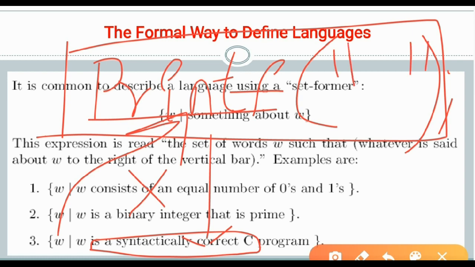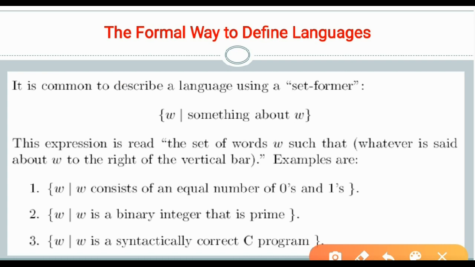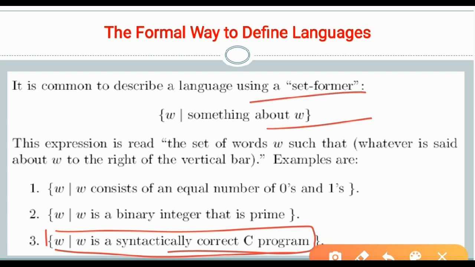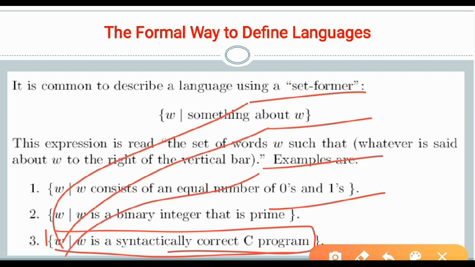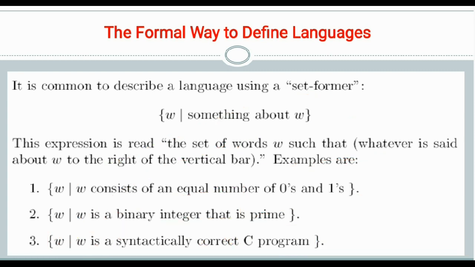Even though you may print or you may not print, you need to represent in the columns. Because I have not included anything, what I am generating in the word does not belong to the language. So you can take any of the keywords 1, 2, 3, 4. Whatever the number of keywords you represent, these are all keywords you are checking in the form of syntax, and later you are going to identify whether it is true or not. So that's the formal way of defining the finite automata.